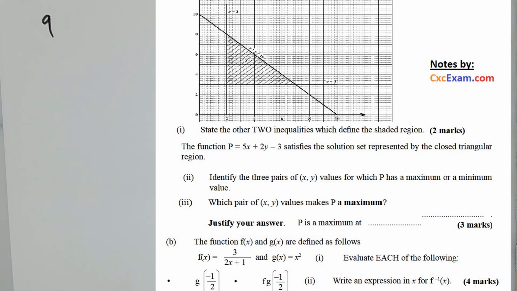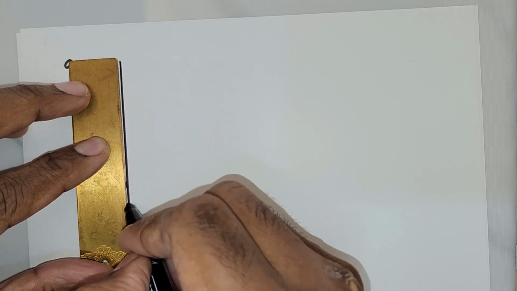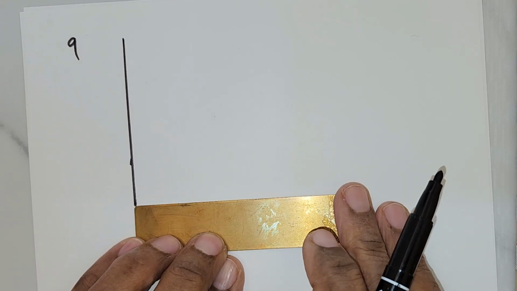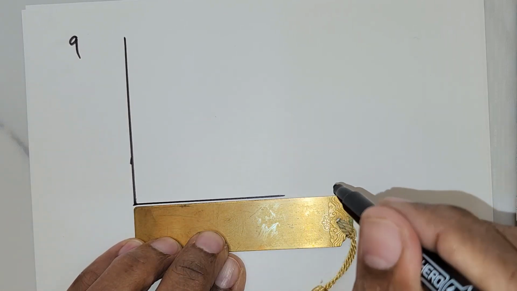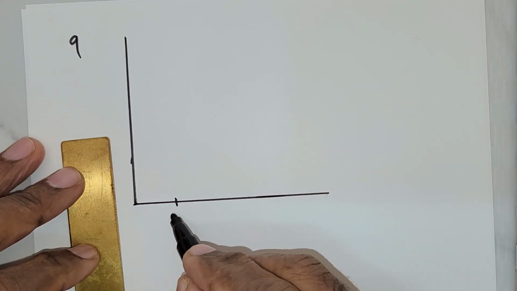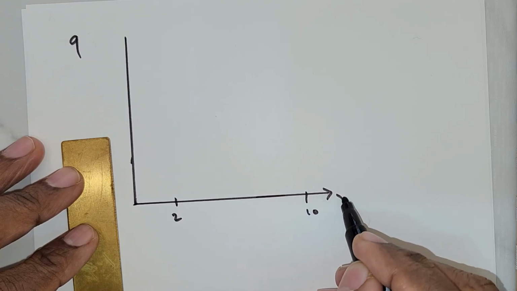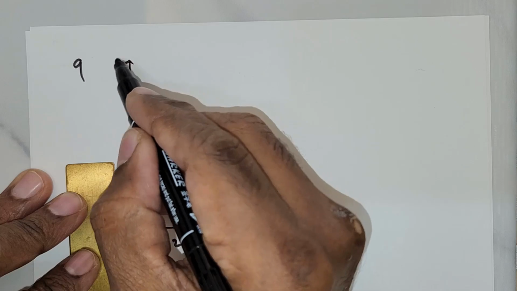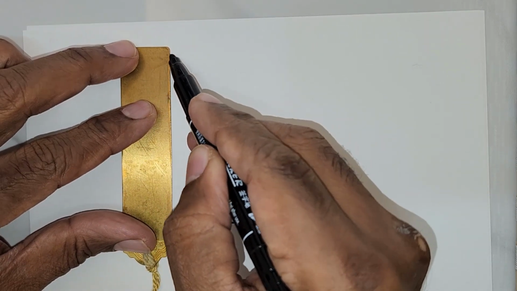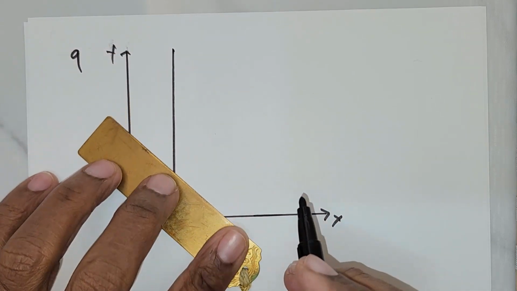Now this is question number 9. Let me draw the graph for this. So you are being given a region. This is 2 units and this is 10 units. This is the x-axis, the y-axis, and there is a line that is being dropped here at x is equal to 2, and then